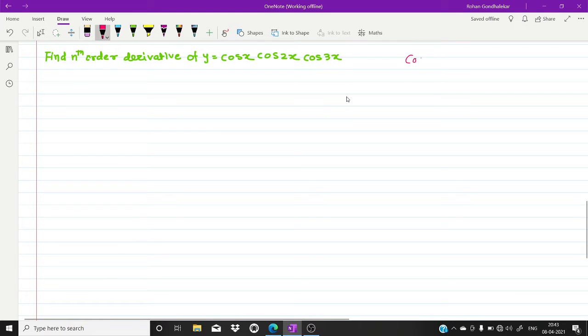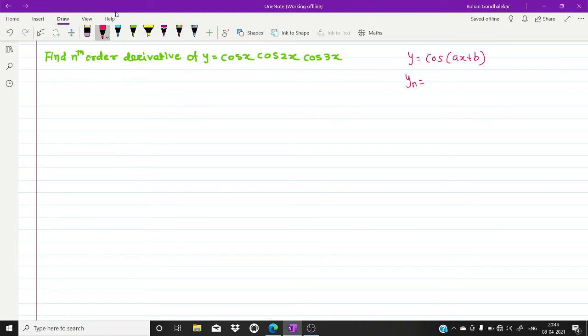But I just like to tell you, cos ax plus b, if I take b as 0 and a as 3, then what I will get? I am getting cos 3x. If again b is 0 and a is 2, then what I am getting? Cos 2x. And similarly, if a is 1 and b is 0, then we get cos x. So that means this cos x into cos 2x into cos 3x is a combination of, or say the multiplication of cos ax plus b terms, where a is different at every term and b is 0. Got it? As my formula is standing for y is equal to cos ax plus b, the yn will be